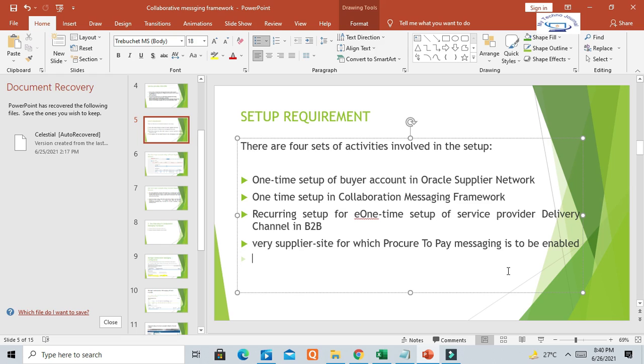So if you select the supplier, there is an option whether the supplier we are sending to is enabled for Oracle collaboration messaging. In the supplier site we need to enable that, so the supplier will be a part of this messaging framework, and we can send messages to that trading partner.